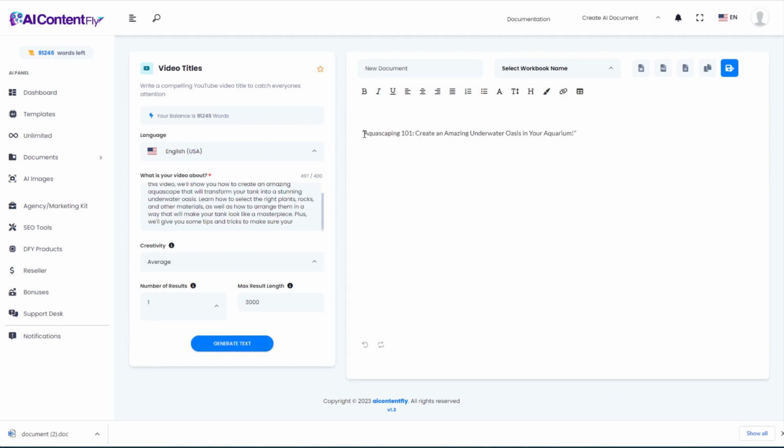And here's my title: Aquascaping 101, create an amazing underwater oasis in your aquarium. Now, if you didn't like that one, you could go ahead and generate another one. Unlock the secrets to creating a stunning aquascape, a step-by-step guide. I think I like that title a little better, so I'm going to go ahead and copy that one to use in our next template,